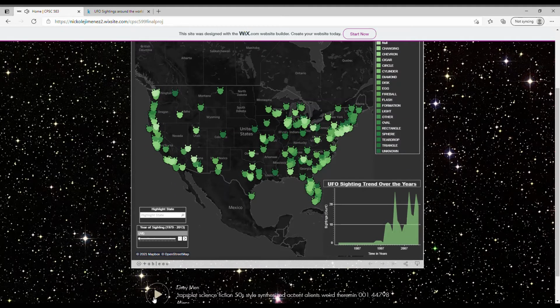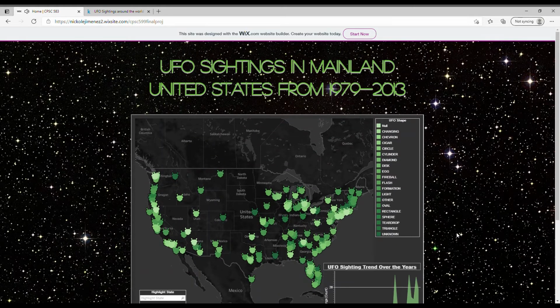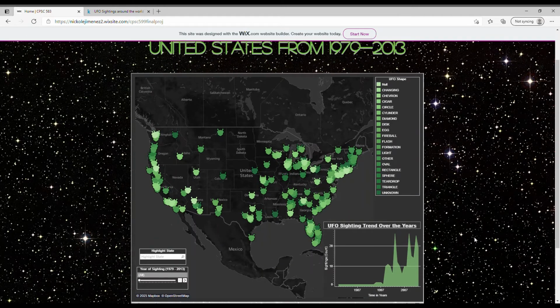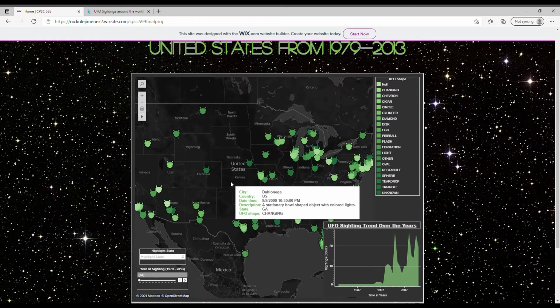Okay, and I'll see if I can minimize this. So the final visualization can be accessed in this website. From here, as was shown before, the audio plays to set the mood of the visualization. In the final visualization, the user can zoom in and zoom out